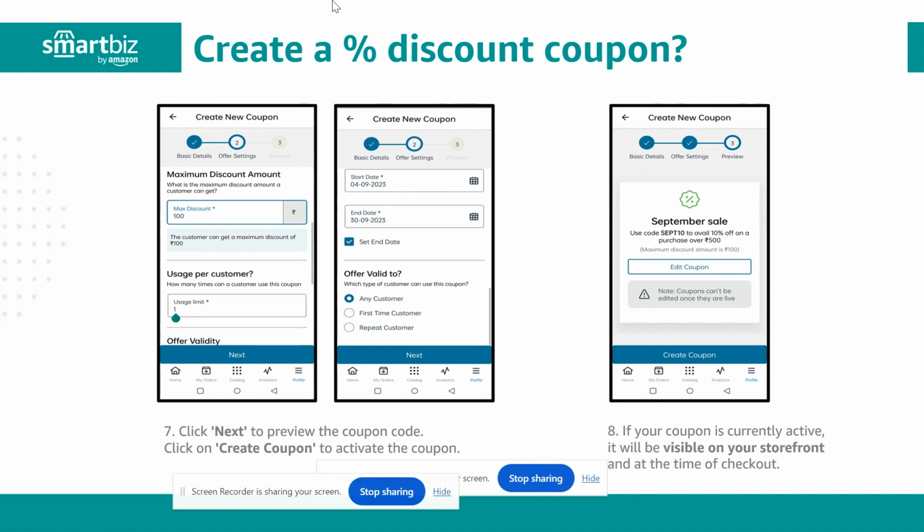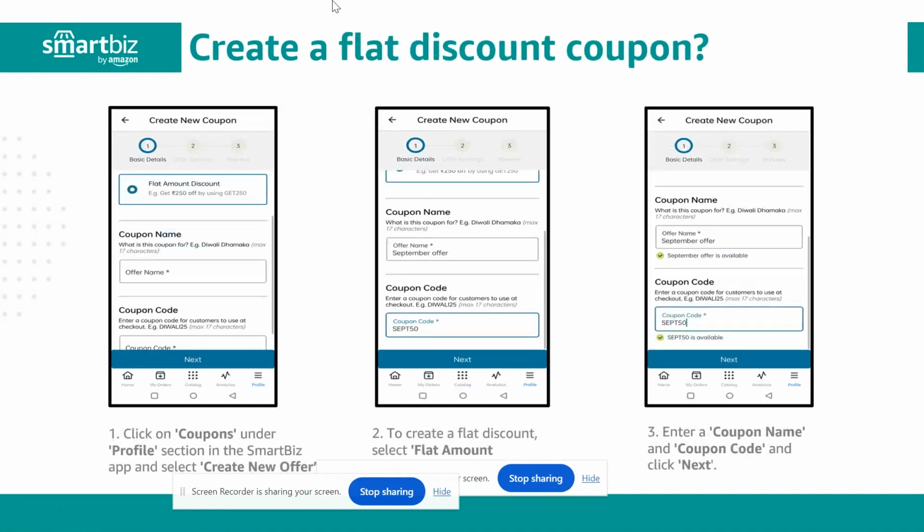एडिटेड, और एक बार वो लाइव हो गया तो वो एडिट नहीं हो सकता। तो जस्ट बी केयरफुल जब आप वो कूपन लाइव करोगे। दिस इज हाउ यू क्रिएट अ परसेंटेज डिस्काउंट कूपन। दूसरा है फ्लैट डिस्काउंट कूपन।